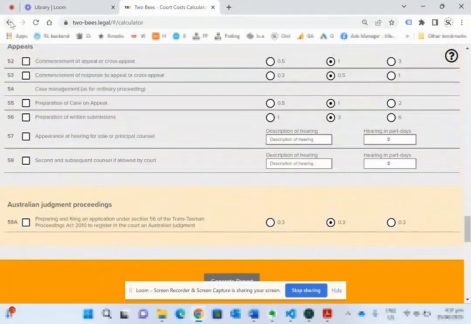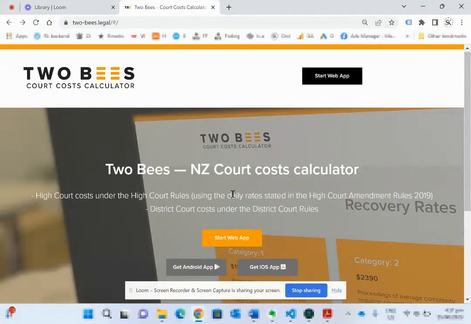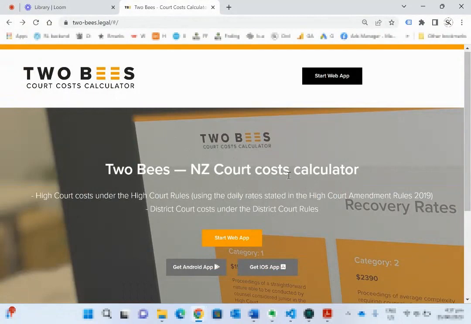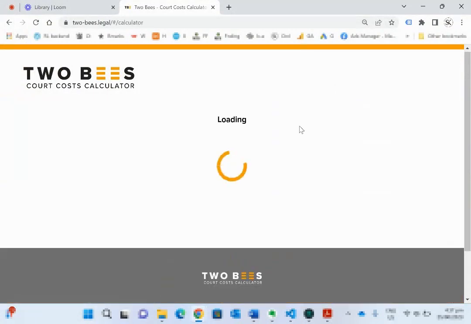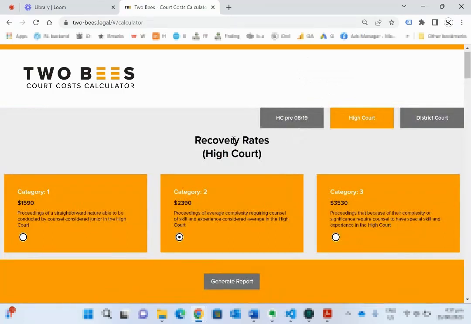This is an explainer for the online court costs app 2Bs. We're on the website. Let's just go ahead and start the web app. And you'll see it brings us to a screen here where we can select the rules that we want, High